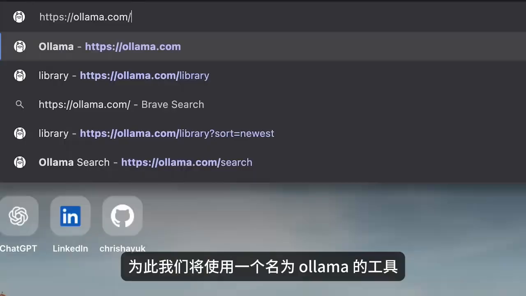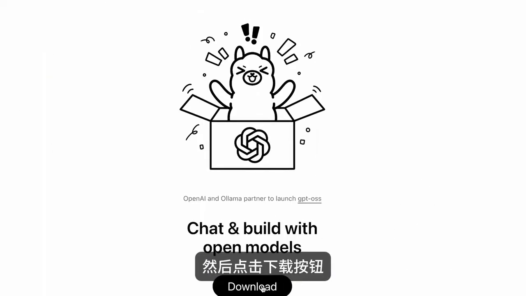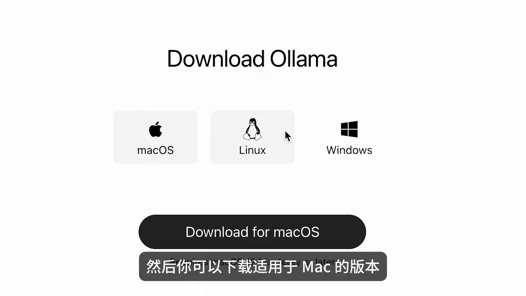So this will work against any LLM provider, but for easiness sake, I want you to be able to run this locally on your machine. And to do that, we're going to use a tool called Ollama. So you just need to go to ollama.com, and then you're going to click on the download button, and then you can download it for Mac, Linux, Windows. Now, once you've downloaded and installed Ollama, you can just bring up a terminal, and you can see it works